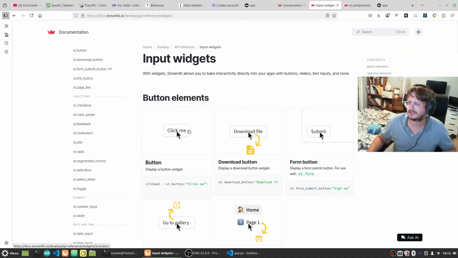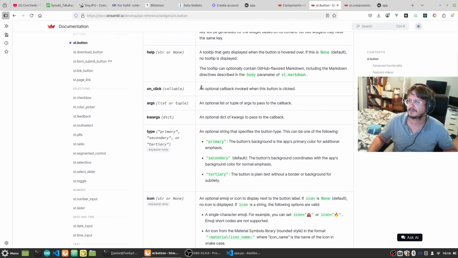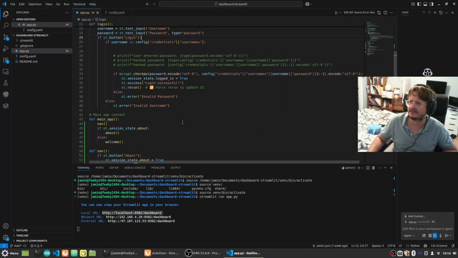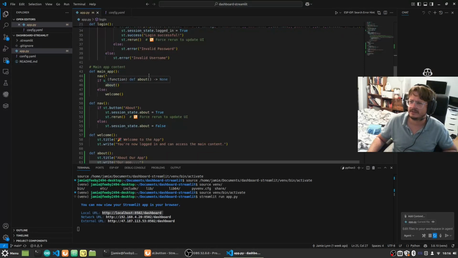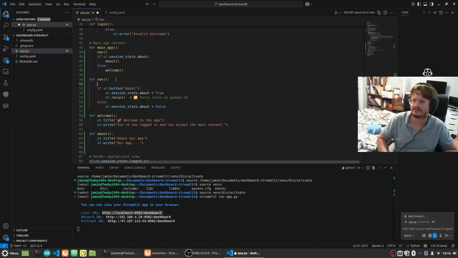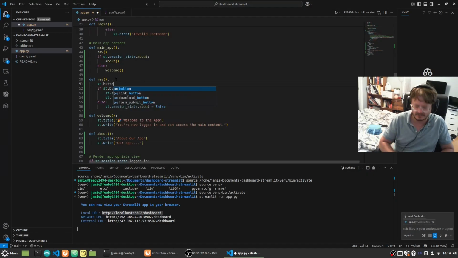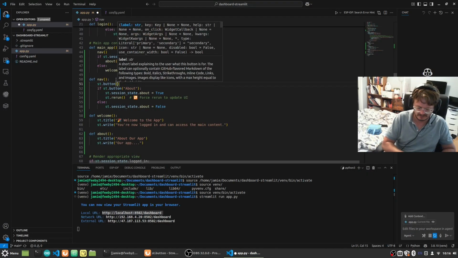With this one, if we were to do on click here, an optional callback involved when this button is clicked, and I would like to do it where, not this way, but just to make it very apparent, if we had an ST button called about,